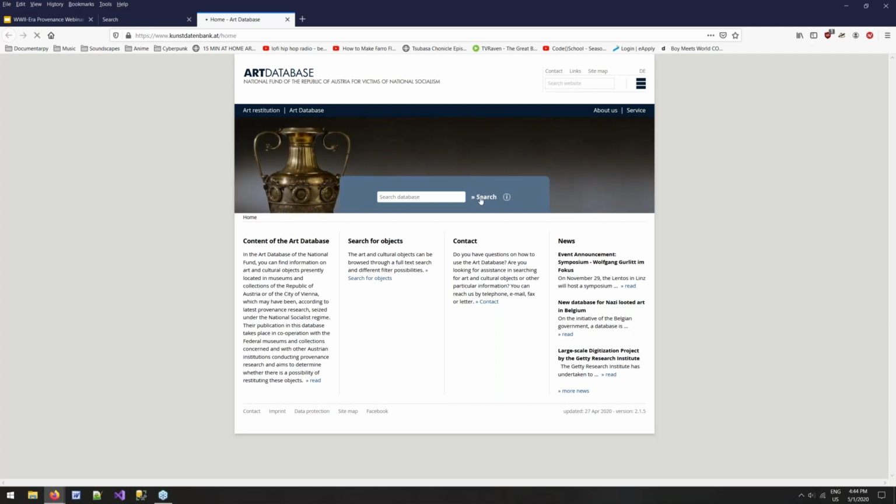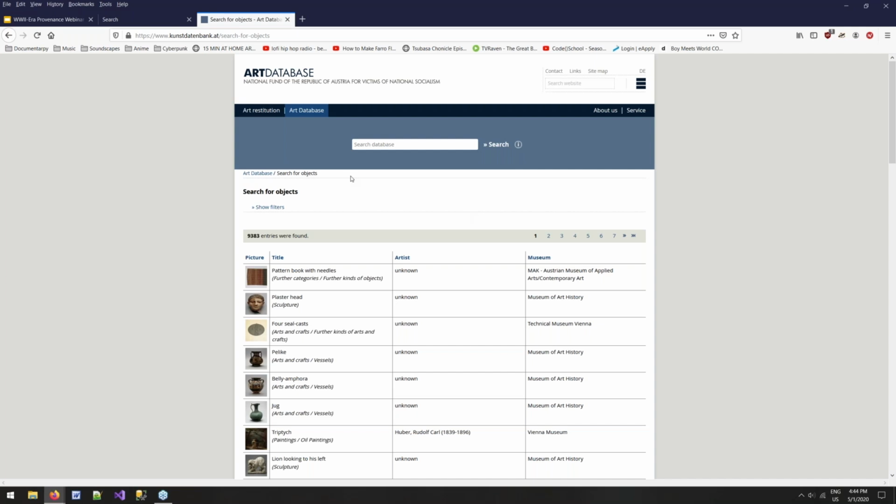So here we just have a regular keyword search, but if we just click the search button, it'll take you into the full search website or page. Yeah, so you can see there's already over 9,000 entries. Again, this is coming from museum collections. That's where this data has been entered from. This is just an example of a national database of museums in particular that are coming together in order to look into their collections to see what kind of acquisition methods were taking place and at what points